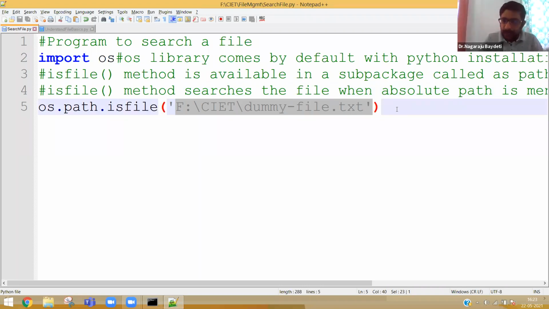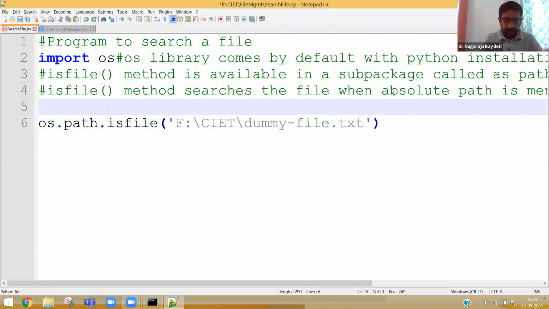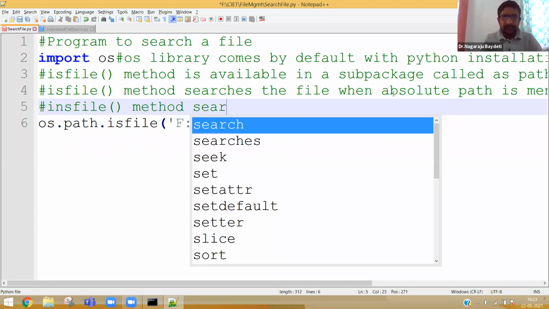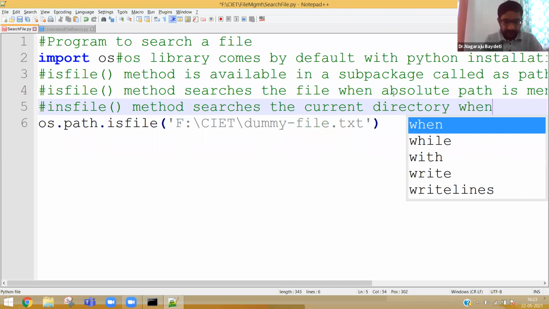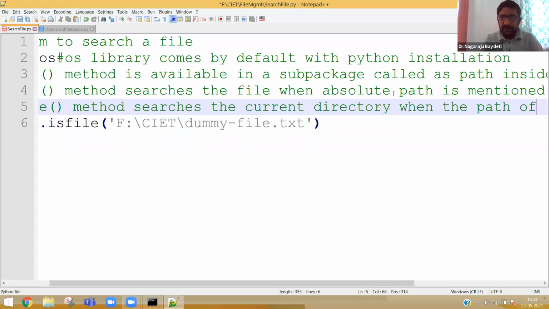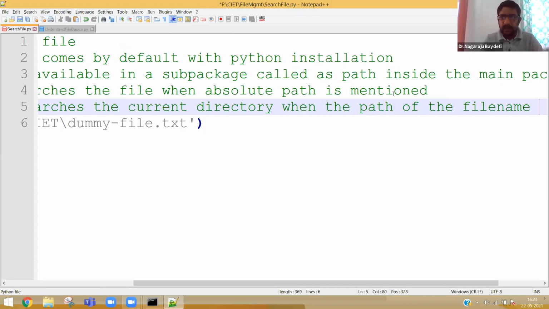If you don't give a path, the isFile method searches the current directory when the path of the file name is not mentioned.